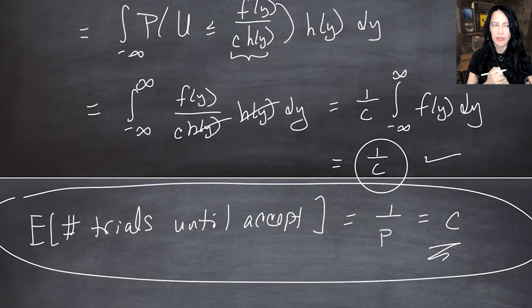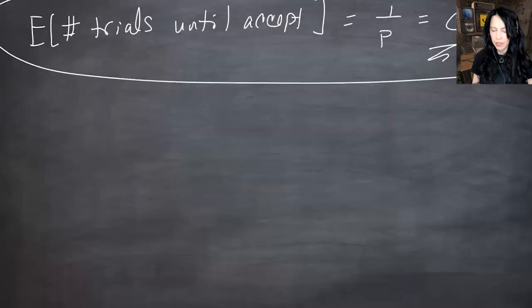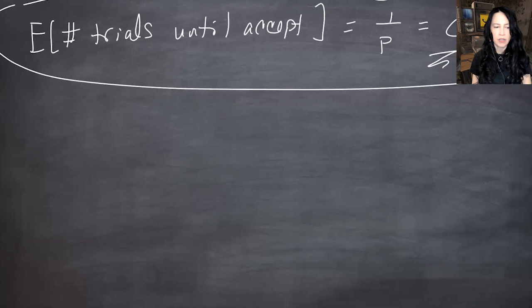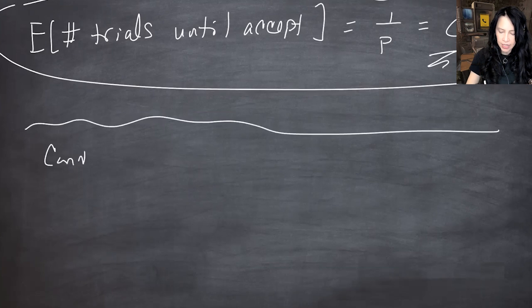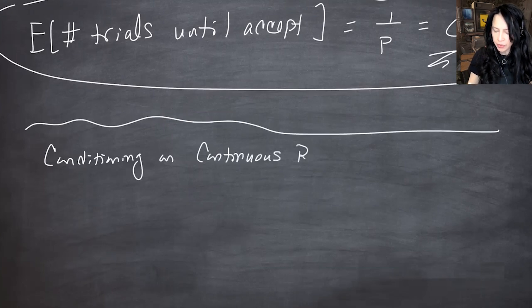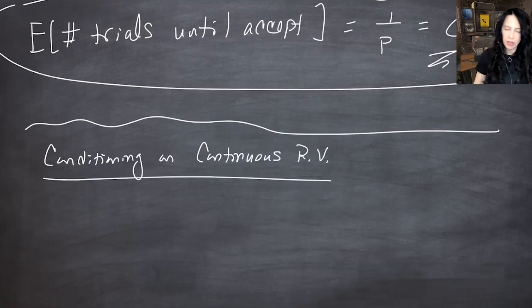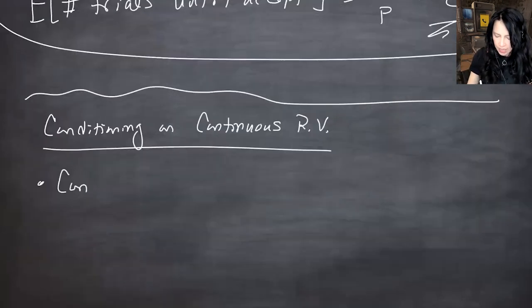Along the way, I had to stop with a little aside about conditioning on a continuous random variable. And I should say more about that because we're going to seriously need that now, because we're going to take the Poisson process and try to figure out, by the definition, the distribution of interarrival times. So let's talk about conditioning. This is another aside, conditioning on a continuous random variable. We talked about the bare minimum of how to get through the proof, but